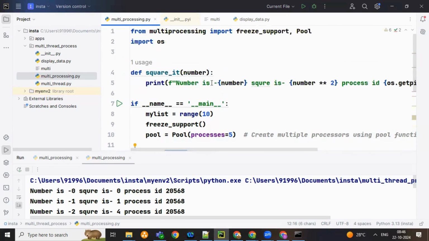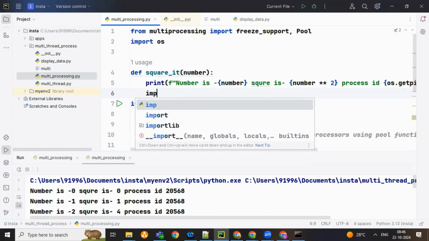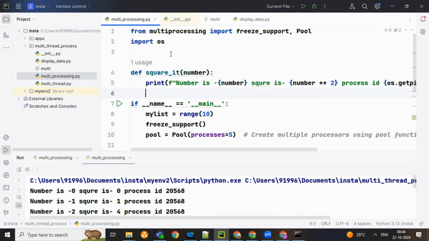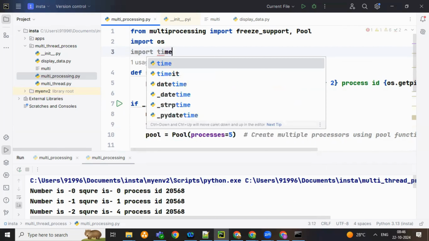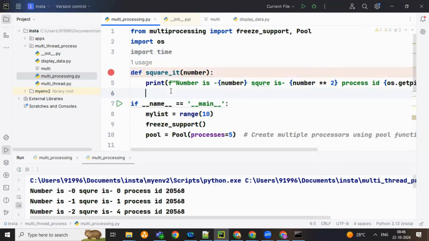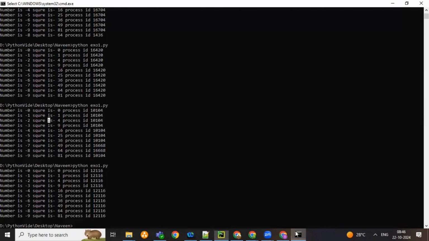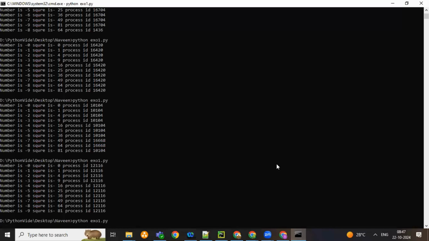I'll do one thing. Instead of this, I'll just add a wait time here. Sometimes it makes sense to add some delay so that this one will wait there. Got it? time.sleep of, let's say, 0.5 seconds. And now this time, what I'm doing is,